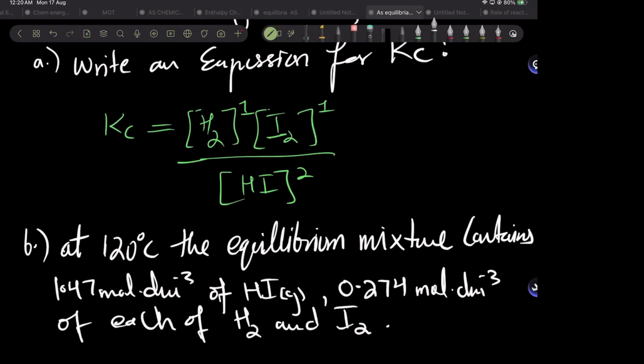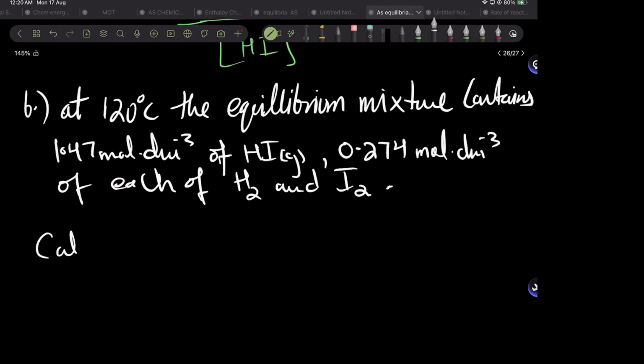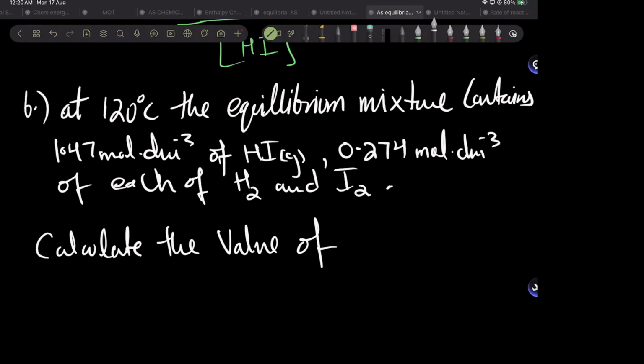What does that mean? Of each of H2 and I2, that you have 0.274 moles per dm cube of H2 and 0.274 moles of I2, both of them, right? And the question says, calculate the value of Kc